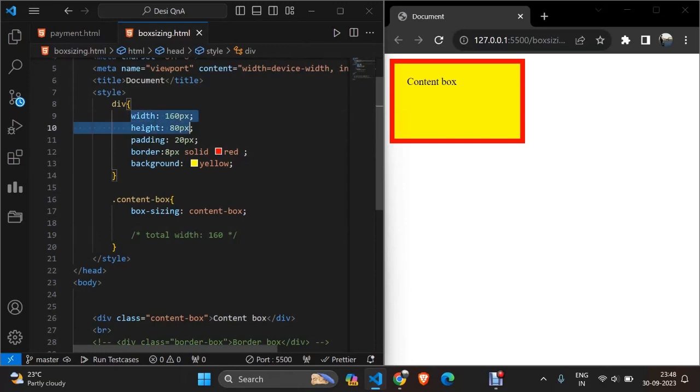And then it is 2 into 20 pixel, as we will have the padding at both sides, and then we have 2 into